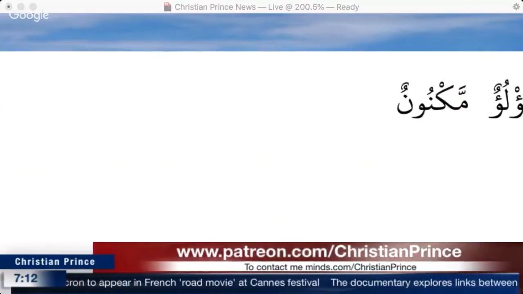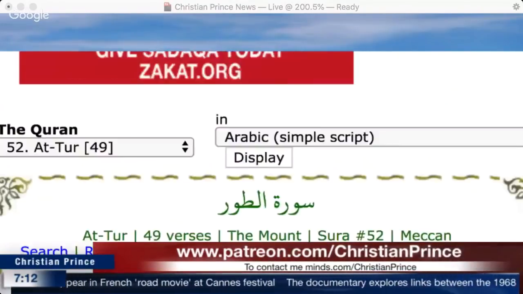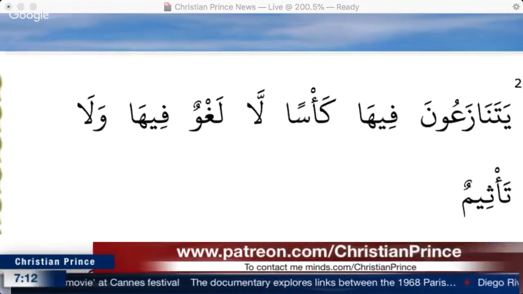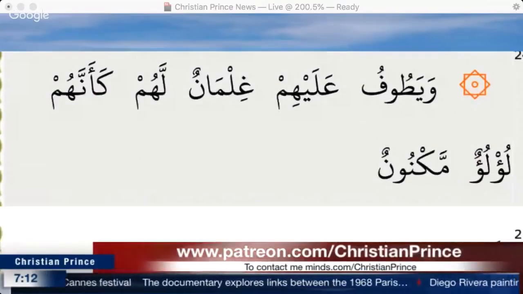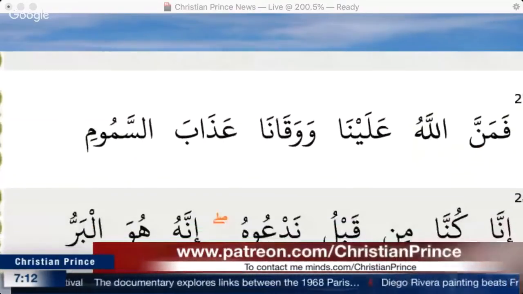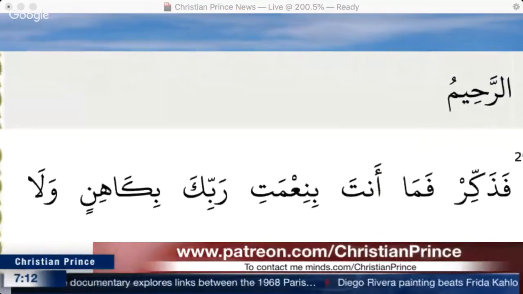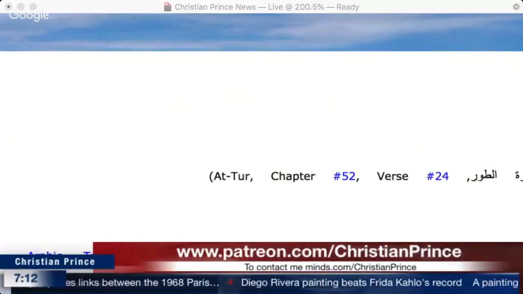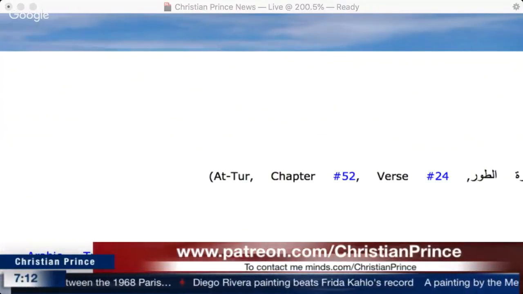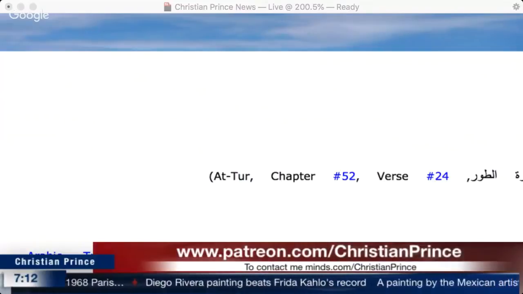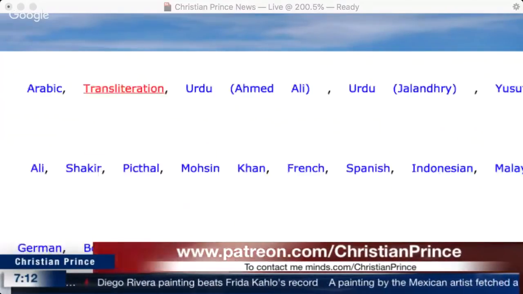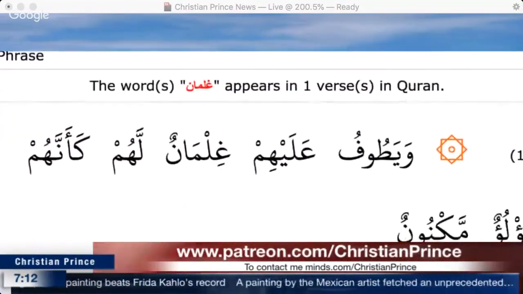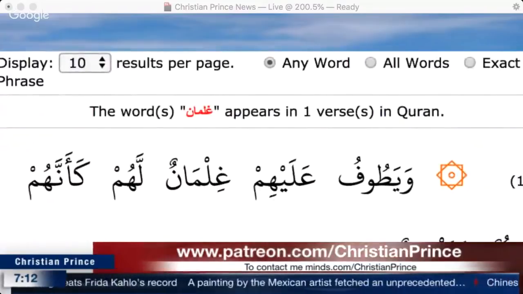Those are who followed them in faith. If you read the chapter, it says those boys are going to go around them. What will those boys do? They're just going around. This is sort of metaphorical. It's about the lineage going around them, that they will be happy with their kids. But why is your lineage a boy when you are an adult? Boys from your lineage, because in Islam men are the rulers, men are in charge.